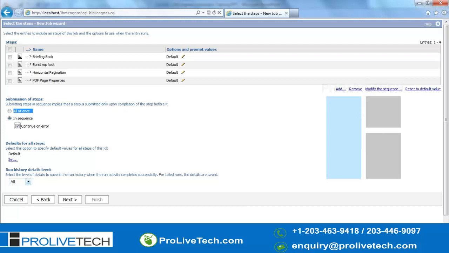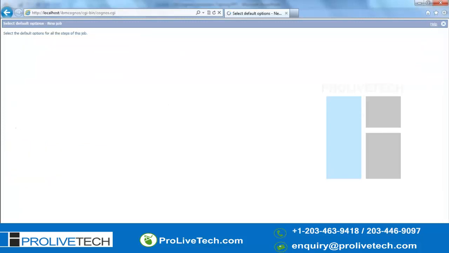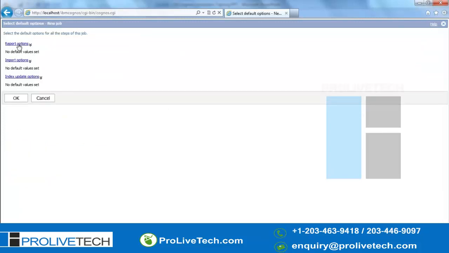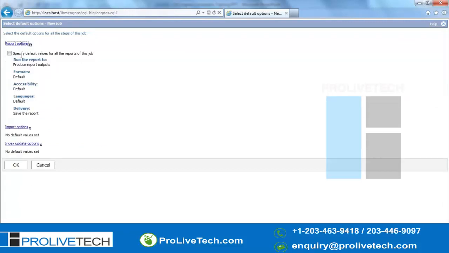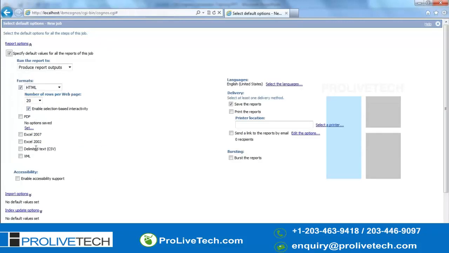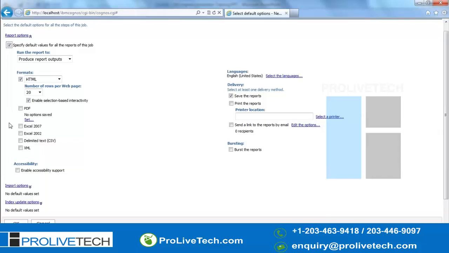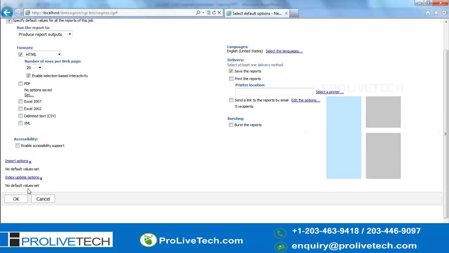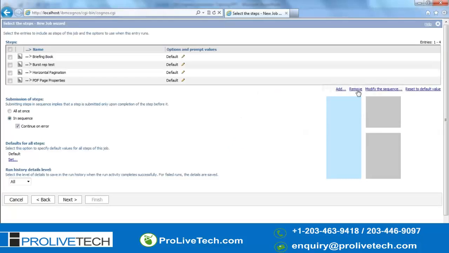And then default for all steps. So report options: in which format you want to run, again save or send the link, and how to schedule it. So again the same options. In case you don't want a report, you can remove it.